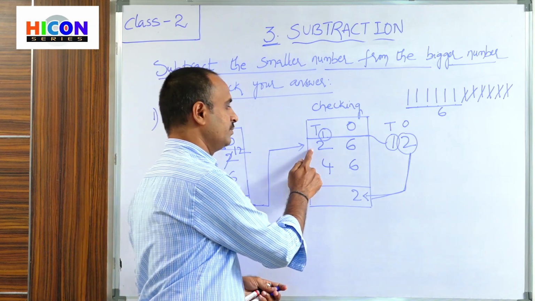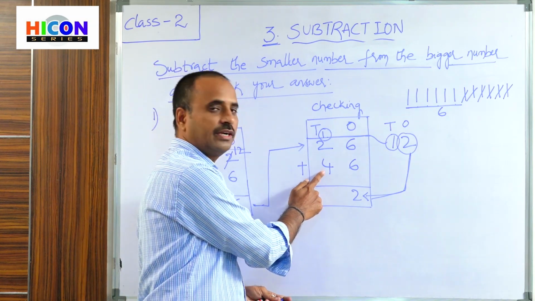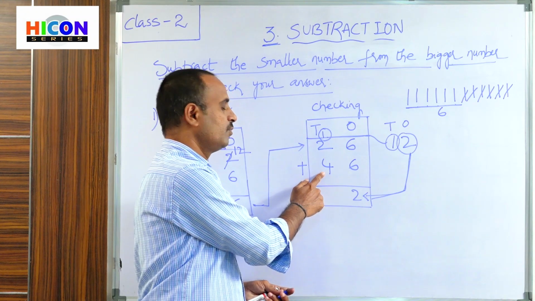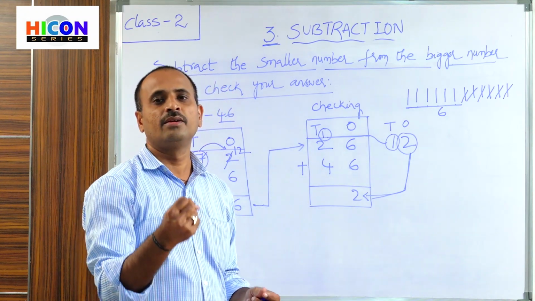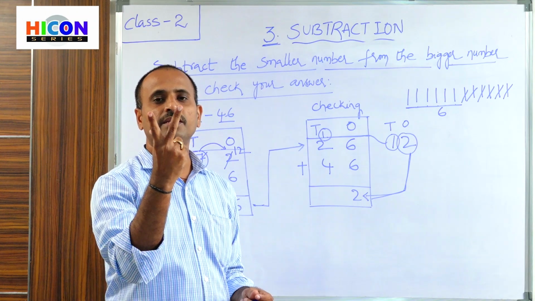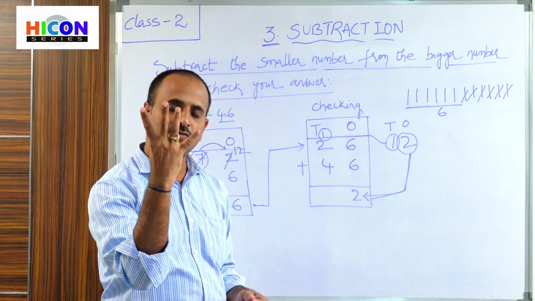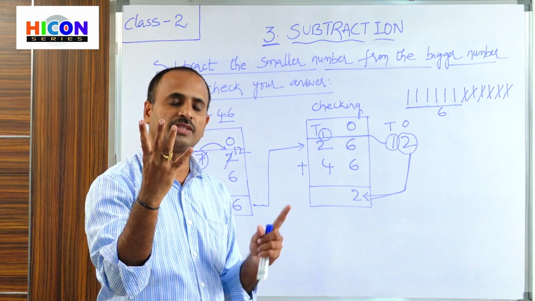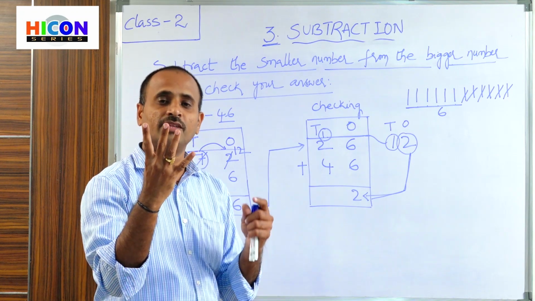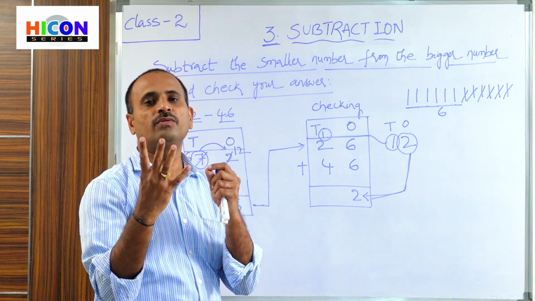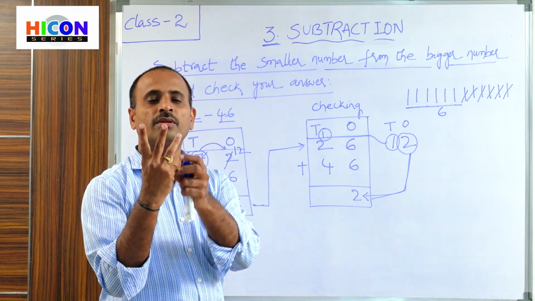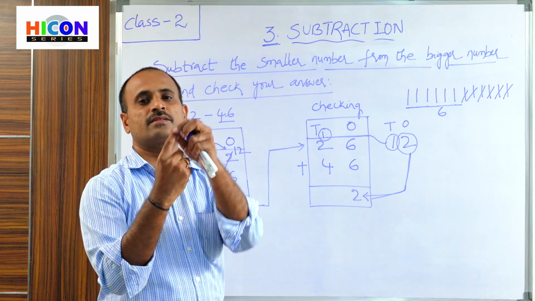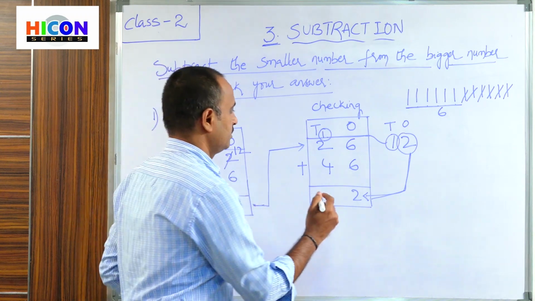And add this sum to the third number. What is the third number? 4. So now open 4 fingers of your hand. 1, 2, 3, 4. So children, these are the 4 fingers. Now start counting from the sum. What is the sum? 3 is the sum. So after 3 we will get 4. So start counting from 4. It is 4, 5, 6, 7. So the answer is 7.